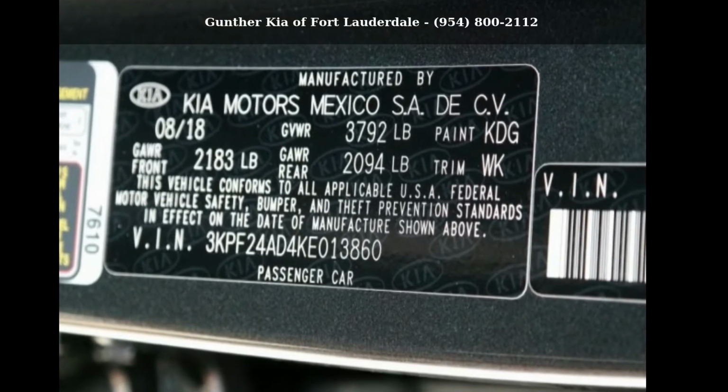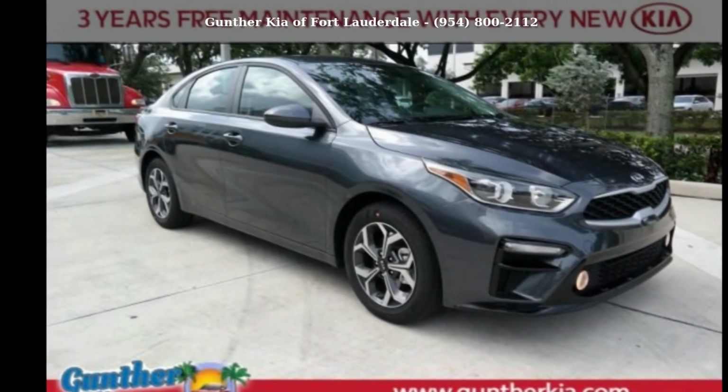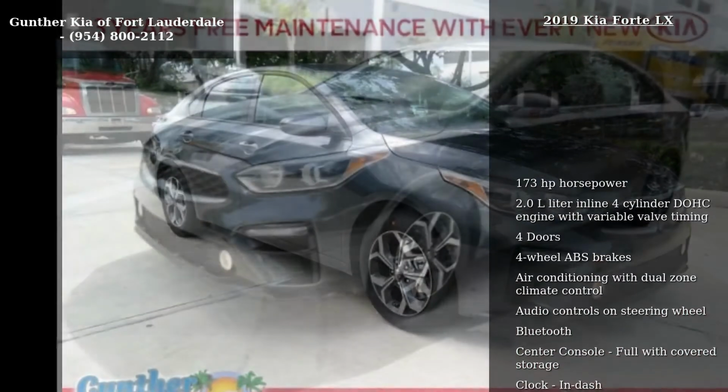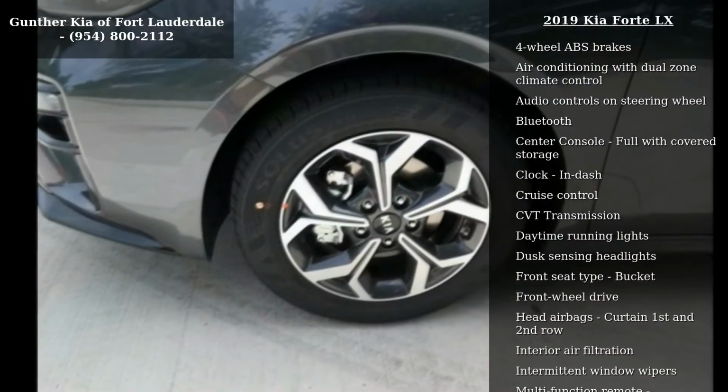Arrive in style with this Kia 2019 Forte LX. This may be the set of wheels you've been looking for. Some of the top features included with this vehicle are 173 horsepower,